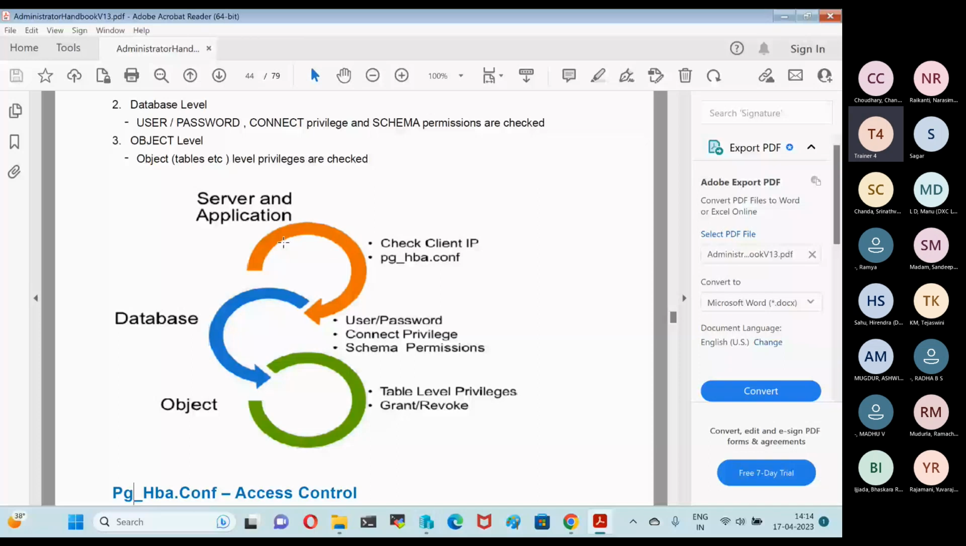Okay. So in this lesson, we will be learning how to implement server and application level security. Already we have learned the second level, database level security. That is the connect privilege, how to create users and assign passwords, and schema permissions. So second level security we have learned in the last session, and the third level security also, we have learned how to assign privileges. Now,